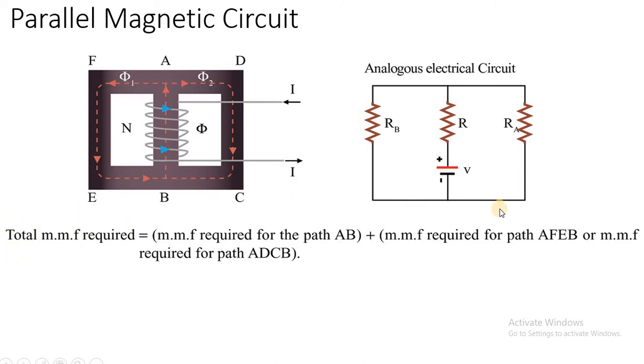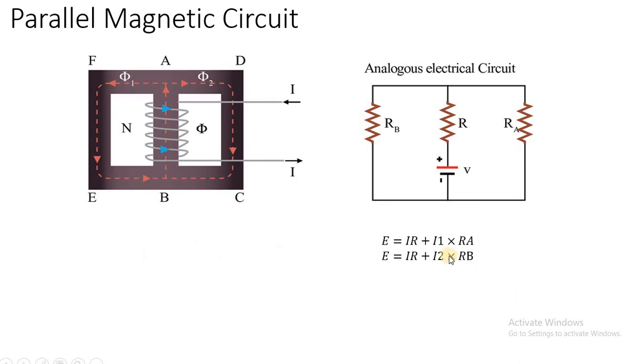Now we want to understand the meaning of this equation, whatever is on the screen. Total MMF required I want to find out. Now let's repeat the first part. Here what I have written in the electrical circuit: the total EMF is equal to one side of the circuit. That one side of the circuit is taking the drop IR, that is the middle branch, plus I1 into RA, that is one side of the drop. So IR plus I1 into RA is equal to the EMF applied, E. So this is my total EMF of the circuit taken one side of the circuit.